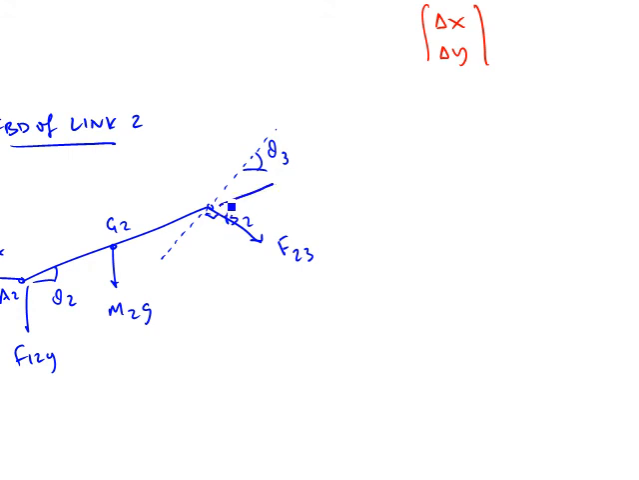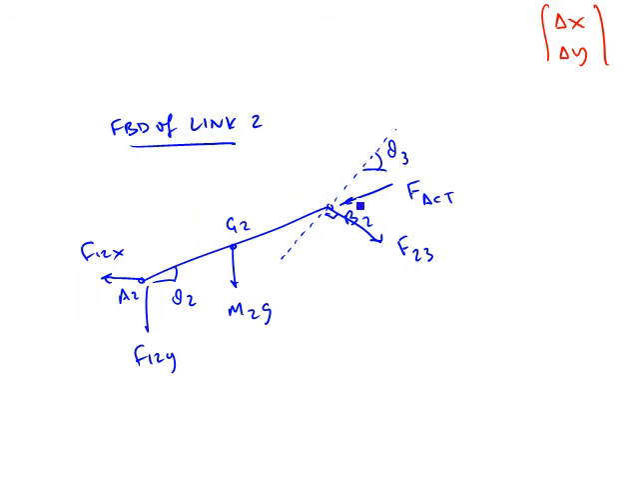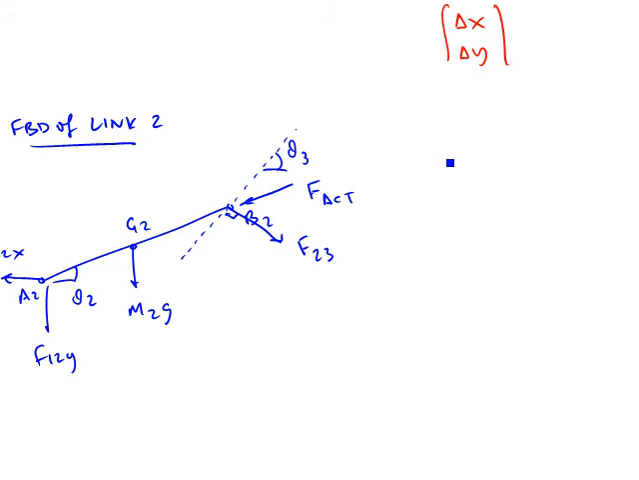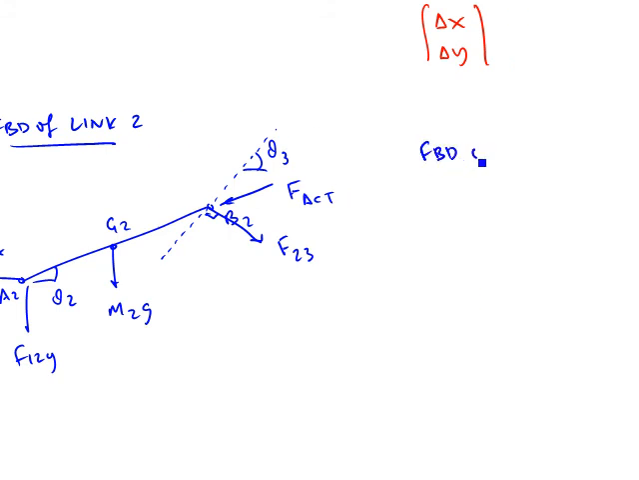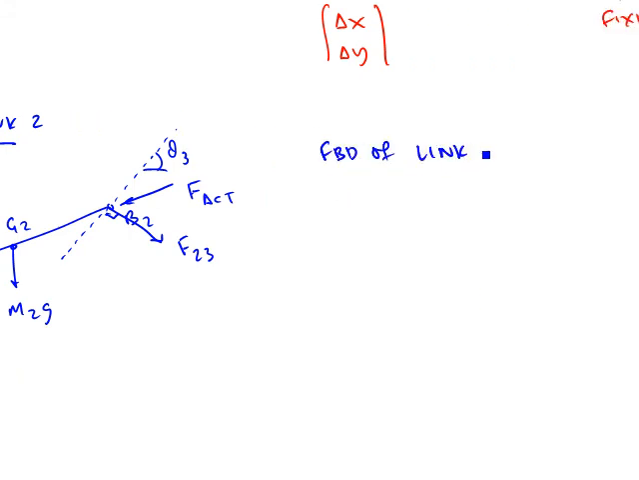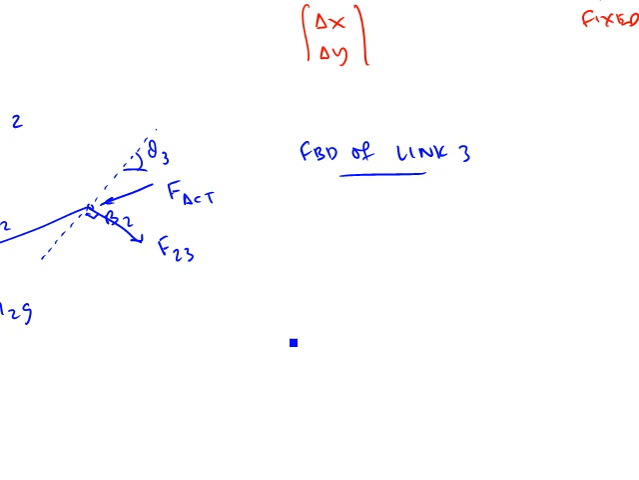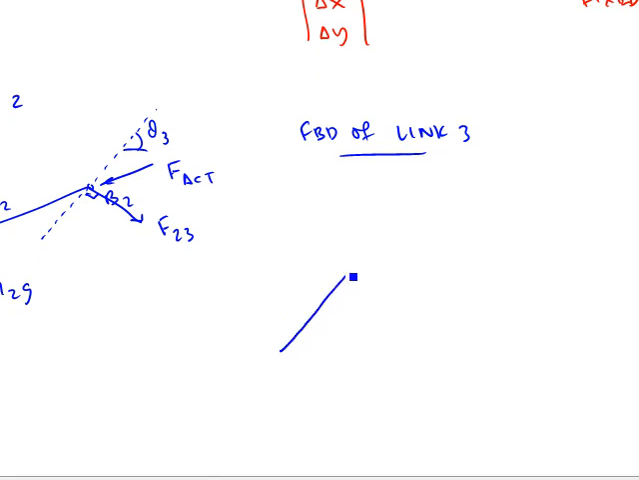I'm going to show an actuation force, call it FAB, call it whatever you want. Call it F act for actuation. I'm going to make it positive when the rod pushes back on the tube and the tube pushes the rod forward. So when I do an FBD of link 3, I will draw link 3